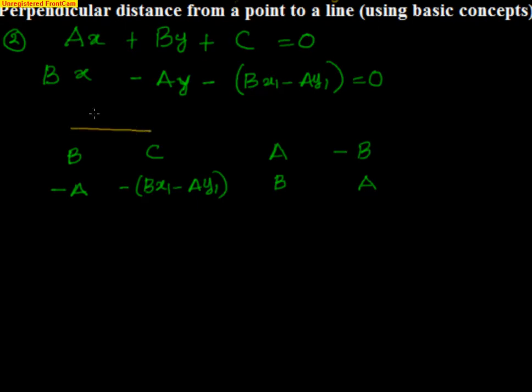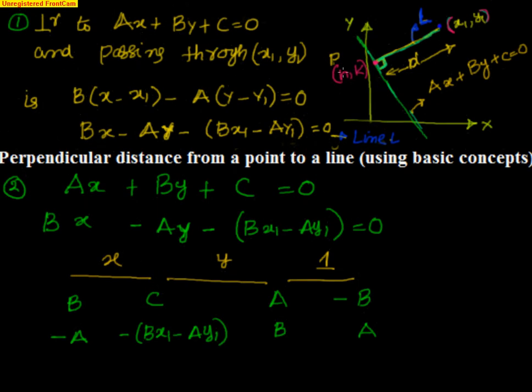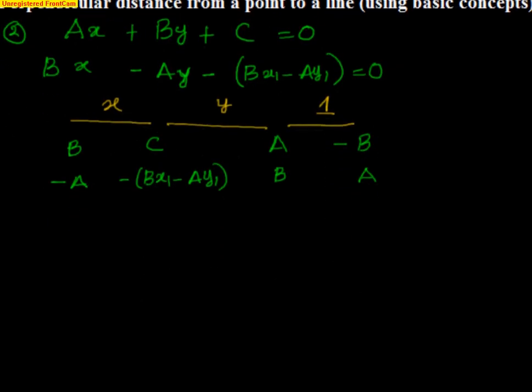This is for finding out x, this is for finding out y, this is for finding out 1. Now I'll find out only x, because I'll have my distance in terms of x. So if I know x, that should be fine with me. And what is the meaning of finding out x? It is nothing but this point P, coordinate h. That is what we are going to find out. Let's find out what is h.